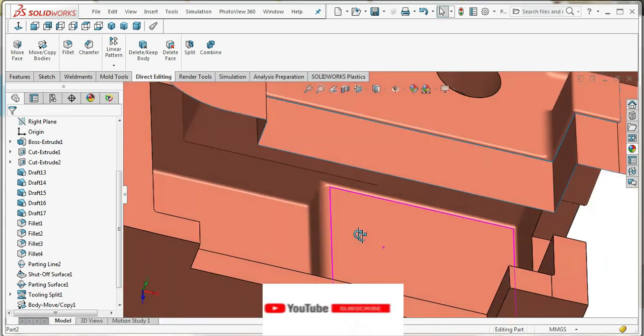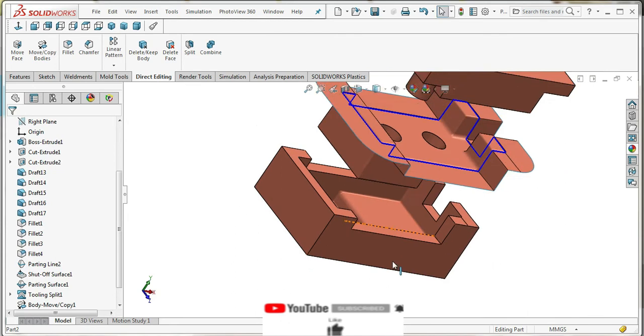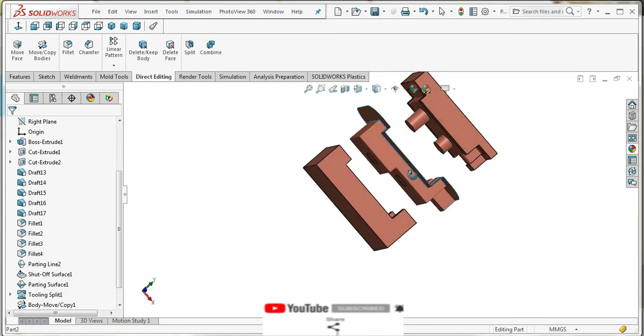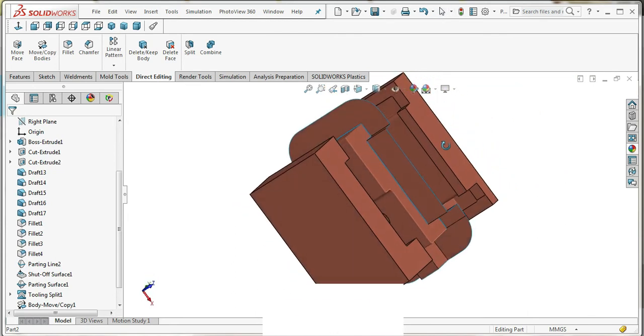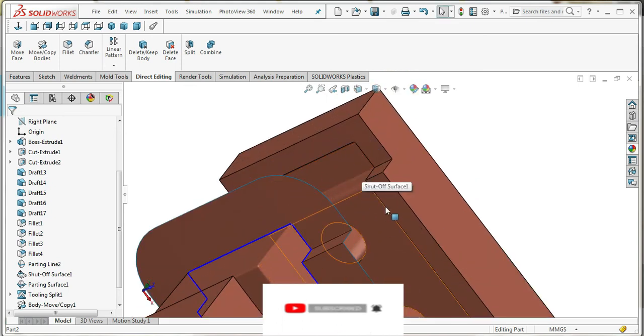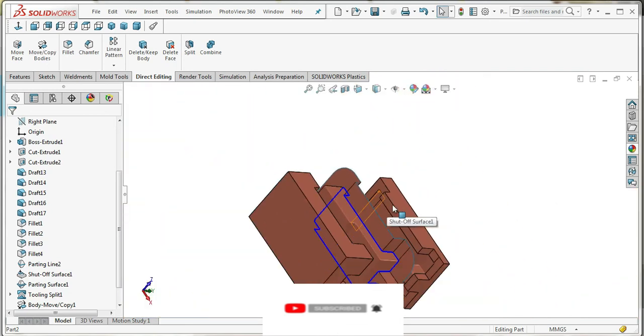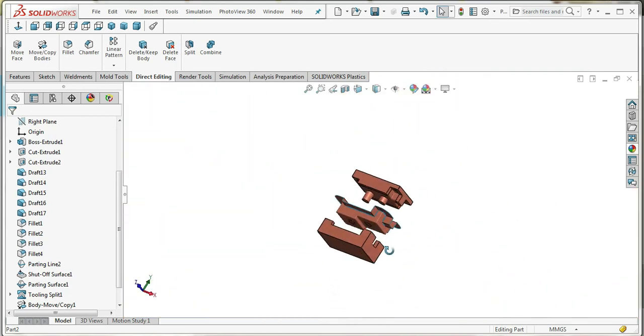Okay, this is created for the cavities. Each and every part has to be created with fillets.